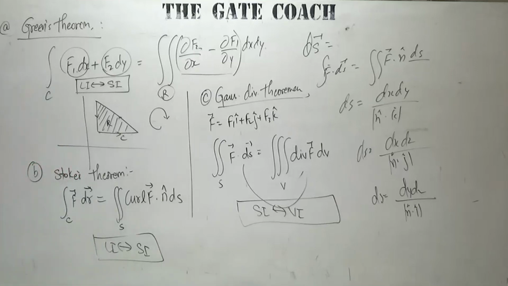So these are the three theorems that we have already discussed in the class, and based on the Gauss divergence theorem, we solved around 3 or 4 numericals in the class, and we also solved some questions on the Stokes theorem, that I am not going to solve again, because these are lengthy questions. So this was about the calculus part that we discussed.